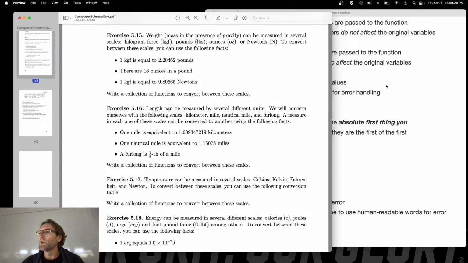Okay. So what we're going to do is we could write a collection of functions to convert between any of these, right? Actually, 4, sorry. If I wanted to write functions to convert from any one of these 4 to any other of these 4, how many would I have to write? At least 12, right? I don't want to have to do that. What I want to do is I want to write one function that takes, say, kilogram force and converts it to pounds, ounces, and newtons all at the same time,